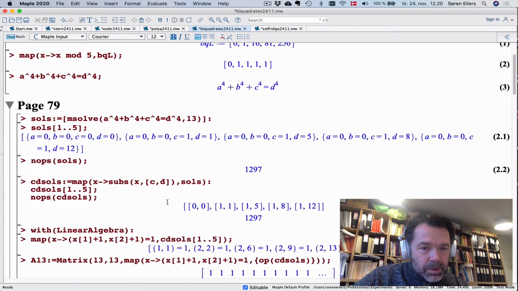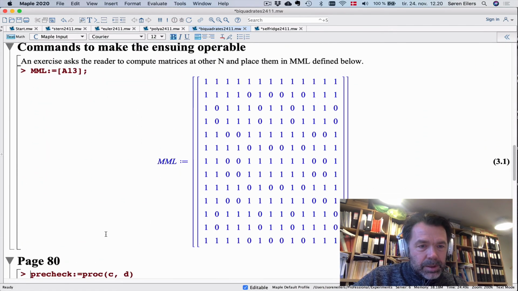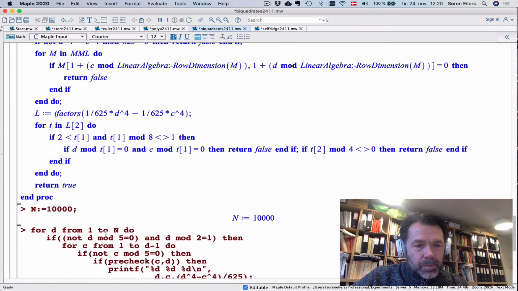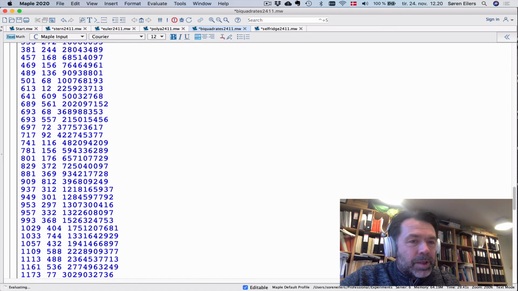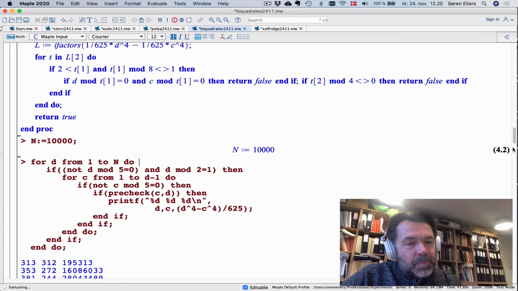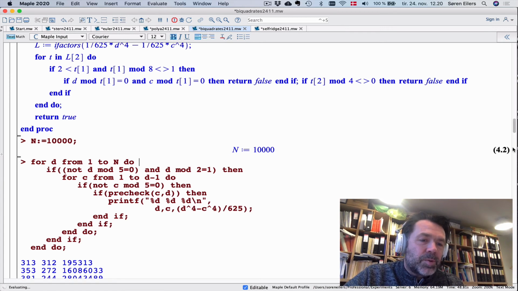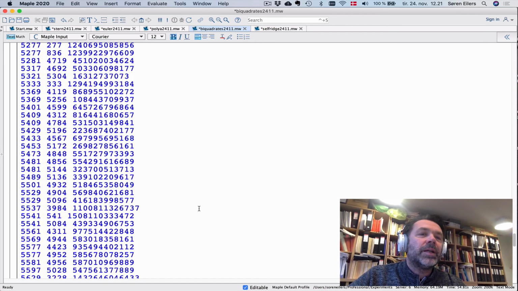Probably just need to run this line here and this line here. So when I do this, this is a program that goes through all possible choices of C's and D's. Right? So we know by all these considerations that there's lots of choices of C's and D's where we don't have to waste time looking for A's and B's. And now, the idea in Frye's program, I'm going to stop this here, is to generate all the